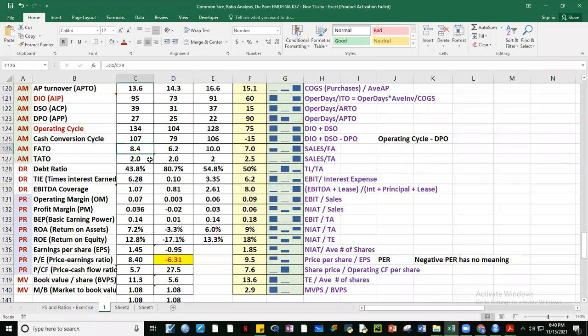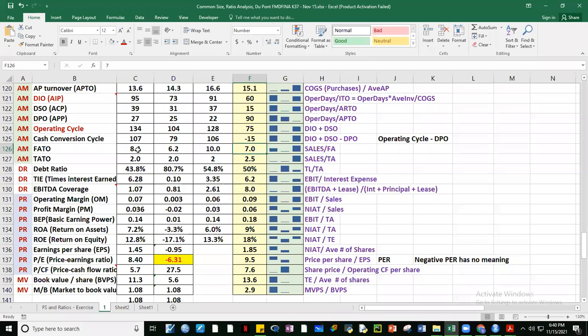Okay, 8.4 FATO, ang formula niyan, sales over the fixed assets. Okay, so for every 1 peso of fixed assets, the company is able to generate sales of 8.4. Okay, surprisingly, mas mataas yung FATO ng 2021 relative to 2020. Kasi dito, ang nangyari dito, nag-invest talaga ng fixed assets kaya lumaki yung divisor. No? So, in fact, in 2021, we were better off compared to our benchmark company kasi 7 lang sila,